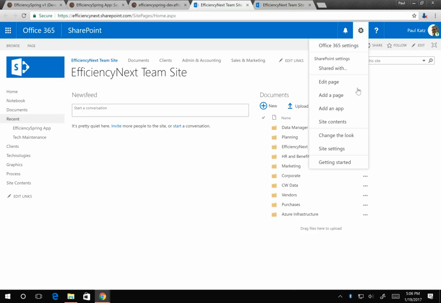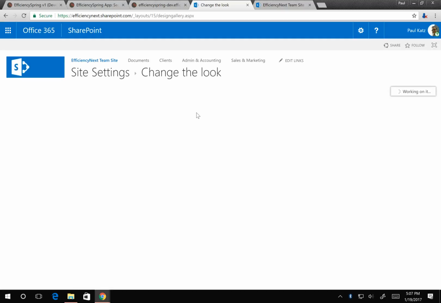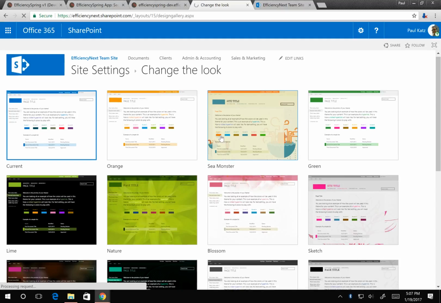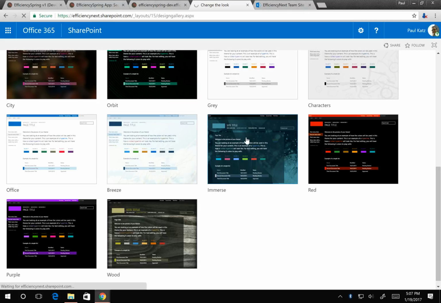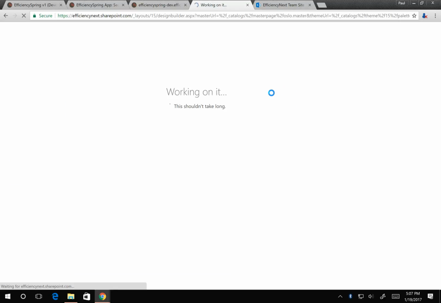So I'm going to go to change the look, and this is going to load up, and I'm going to choose a look that is a little bit more, shall we say, let's see, a little dark. So it's loading in. It takes a little bit of time, so as this is working,